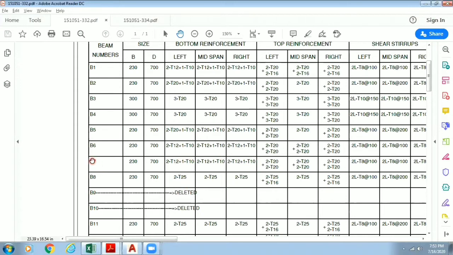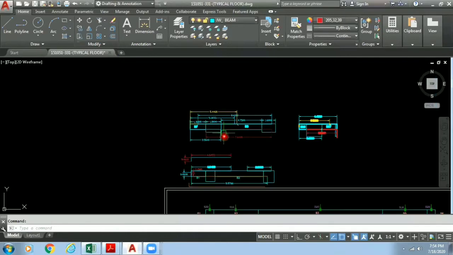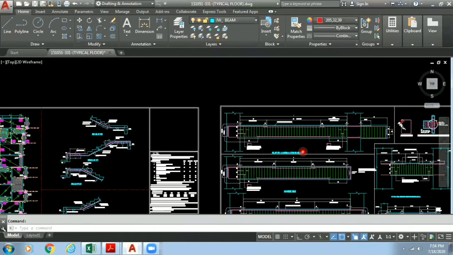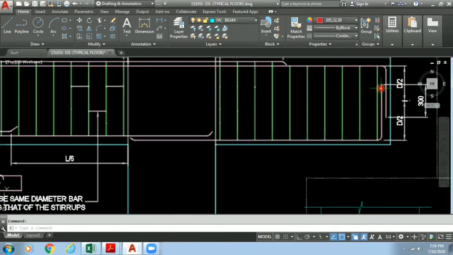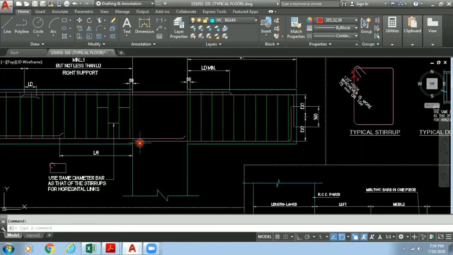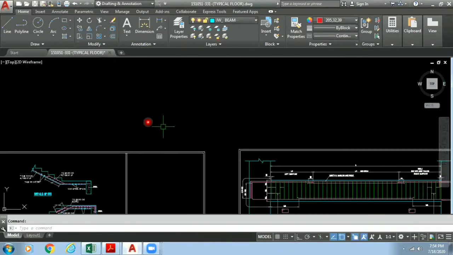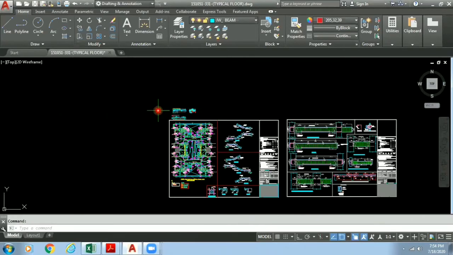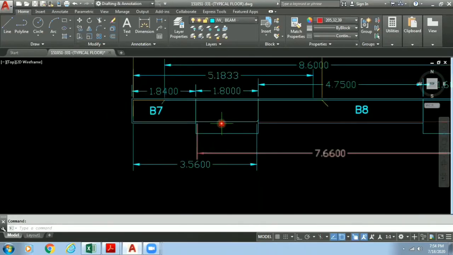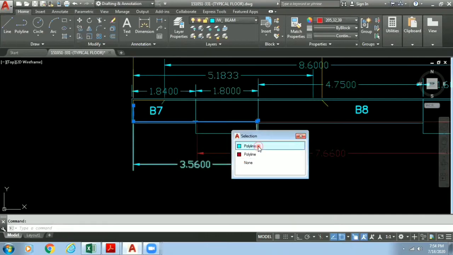So B7 is cantilevered beam, right? So the bottom reinforcement will end in column only as shown in our general drawing. Can you see here? This bottom reinforcement of B7 will end here in this column face. So this is the thing which we have done here. Can you see this?